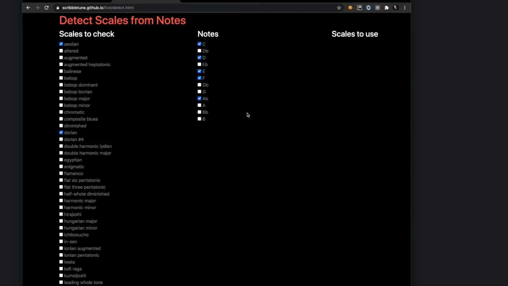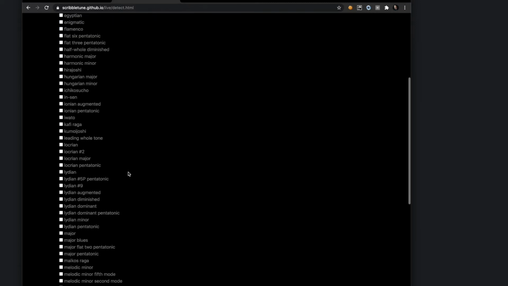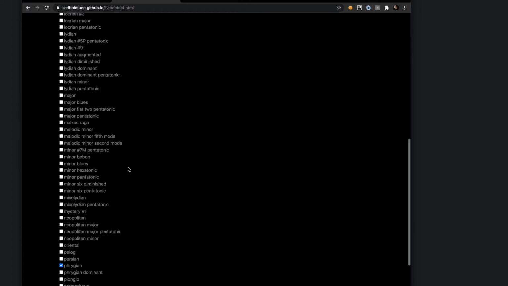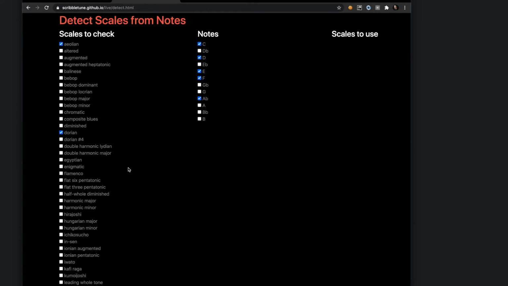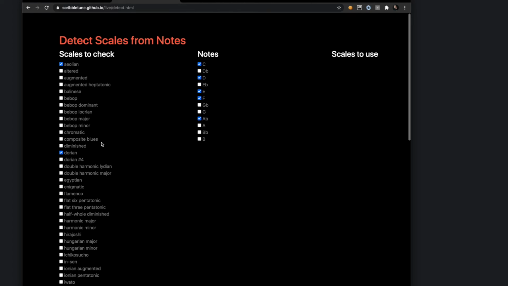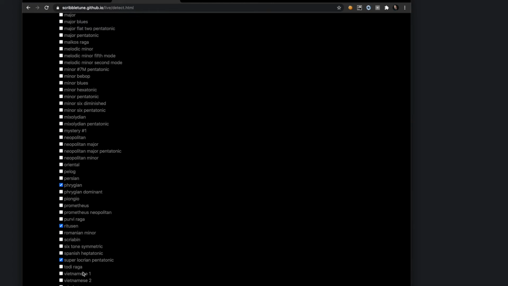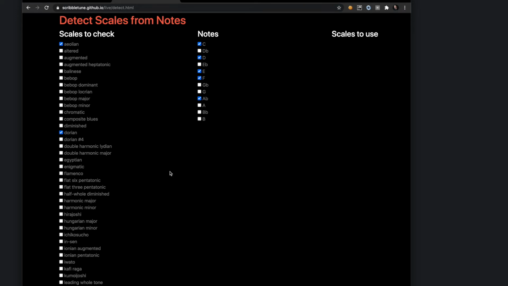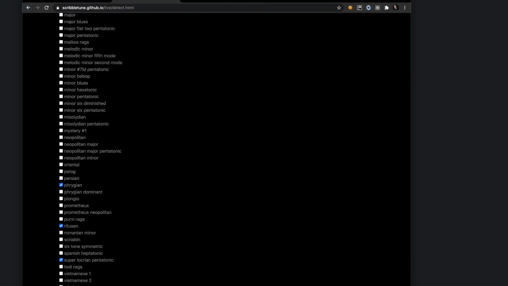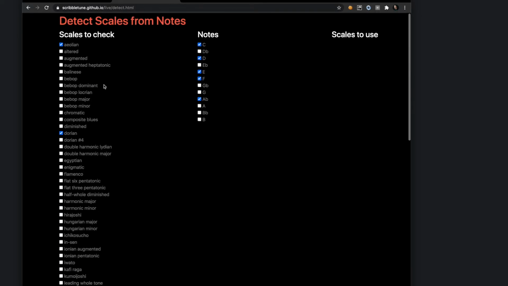Then D flat Aeolian, these are the notes. D Aeolian, these are the notes. Do that for each and every scale over here. There are over 100 scales here, and in time I'm planning to add more scales, more types of patterns, frequency patterns, so that I can have a bigger set of scales to loop over. So if I continue this entire process, what that means is iterate over each of these notes, create a scale. Let's say I'm on iteration number 1 where I'm on C. Create a scale for C Aeolian, C altered, C augmented, C augmented heptatonic, and the rest of it, right up till whole tone pentatonic. So let's assume these are 100 scales.